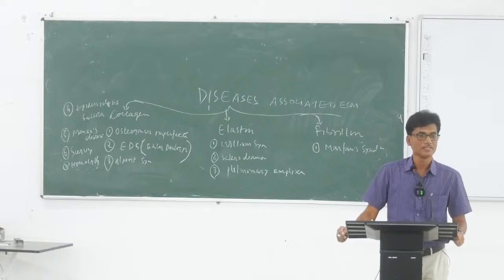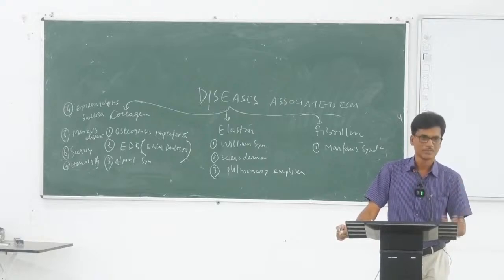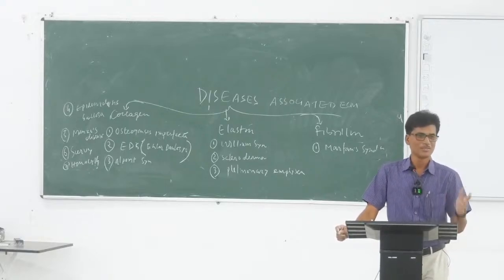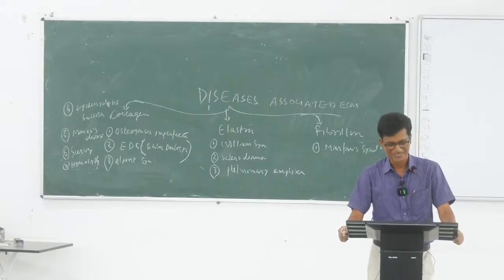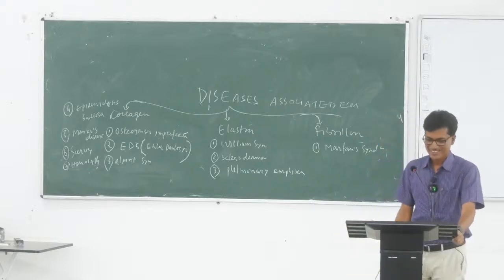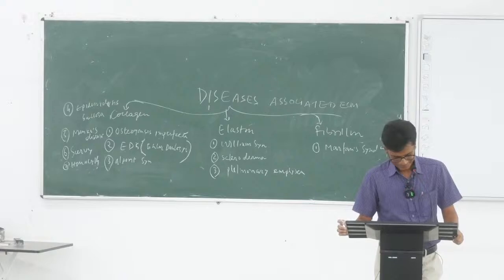Scurvy is characterized by কি হয় আলটিমেটলি, কি কি দেখে আমরা বুঝতে পারি? গাম হাইপারট্রফি, গাম... ট্রিটমেন্ট হবে অবভিয়াসলি ভিটামিন সি সাপ্লিমেন্টেশন, ঠিক আছে। নেক্সট হচ্ছে